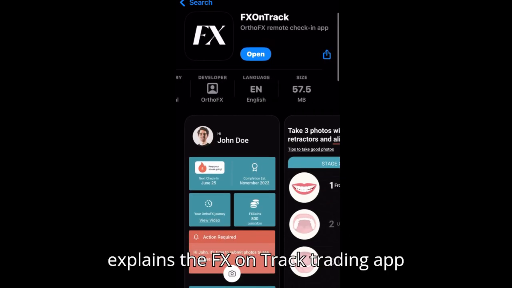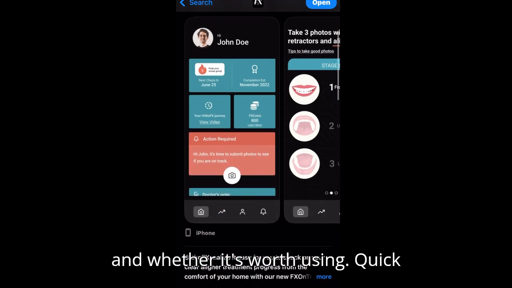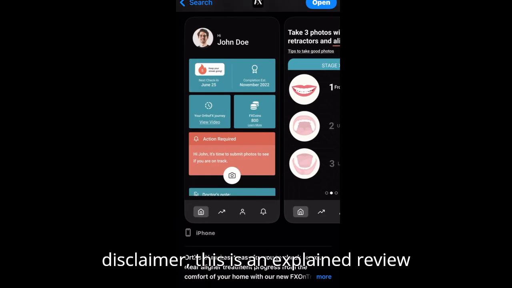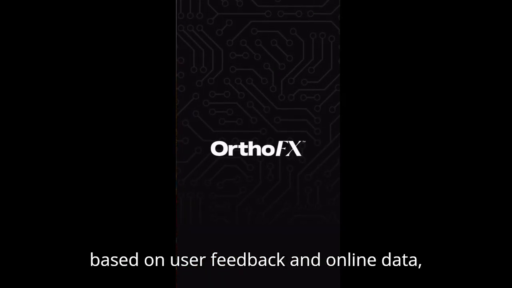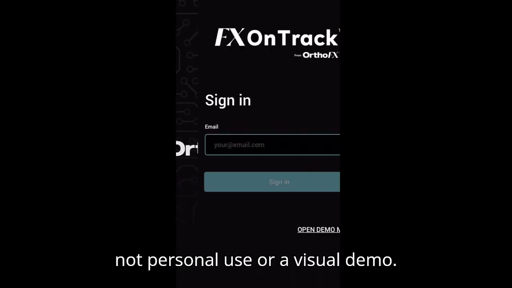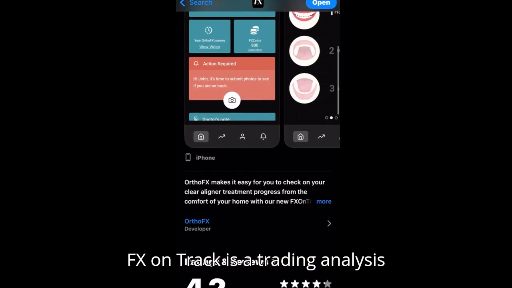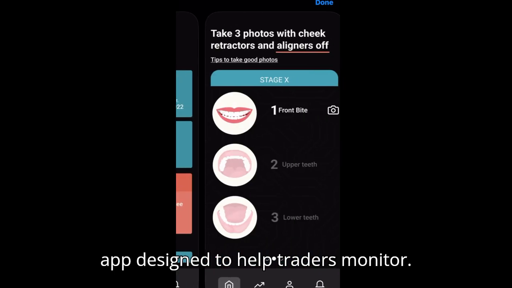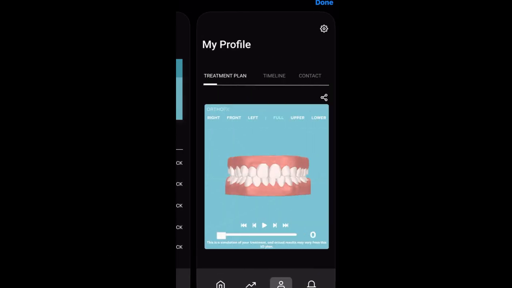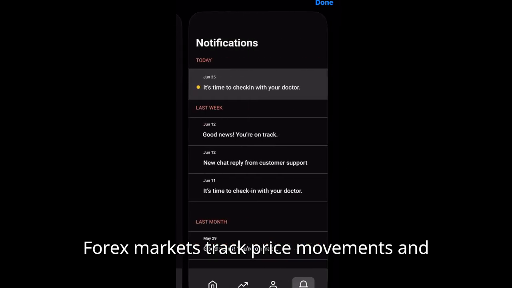This video explains the FXOnTrack trading app and whether it's worth using. Quick disclaimer. This is an explained review based on user feedback and online data, not personal use or a visual demo. FXOnTrack is a trading analysis app designed to help traders monitor Forex markets, track price movements, and manage their